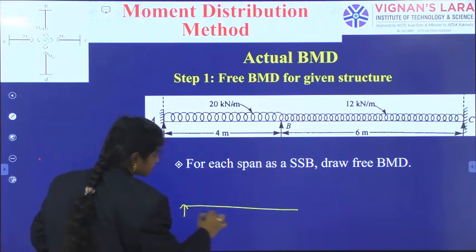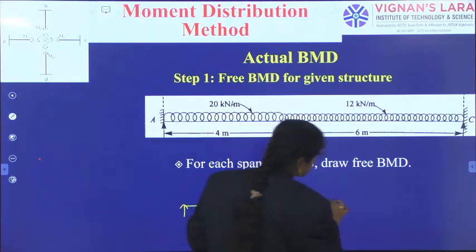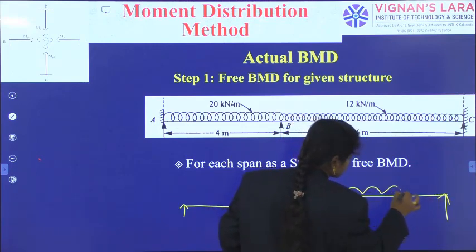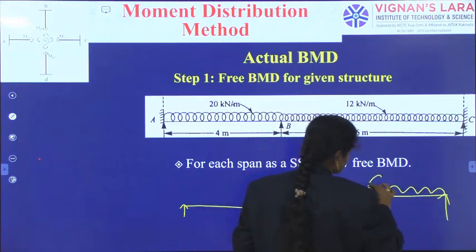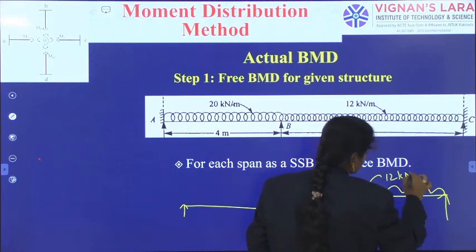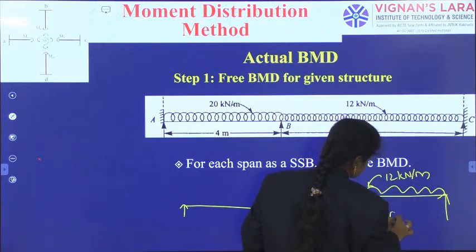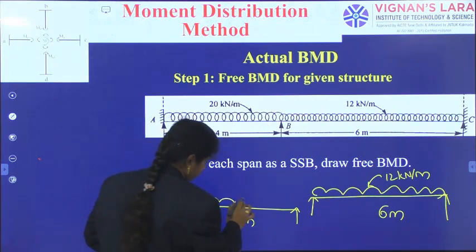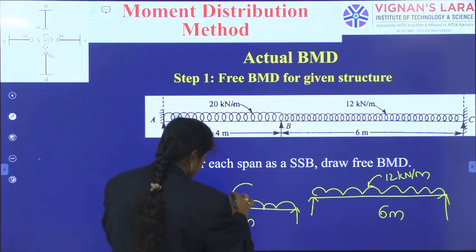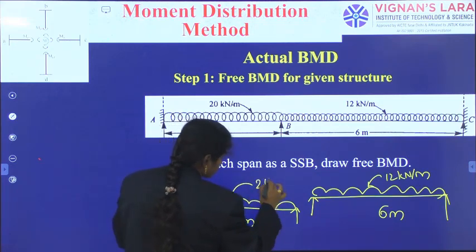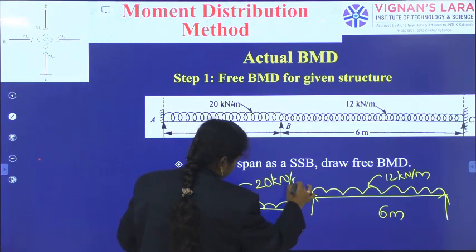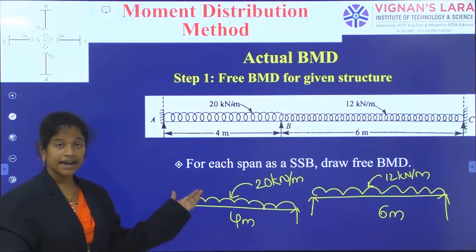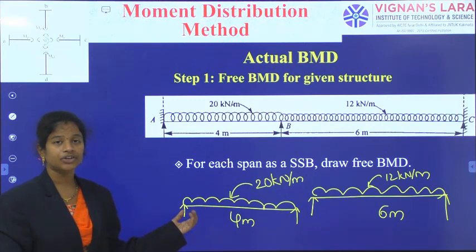So firstly the simply supported beams we have generated, and those simply supported beams only will give the free BMDs. Right? So these are the answers we are having,